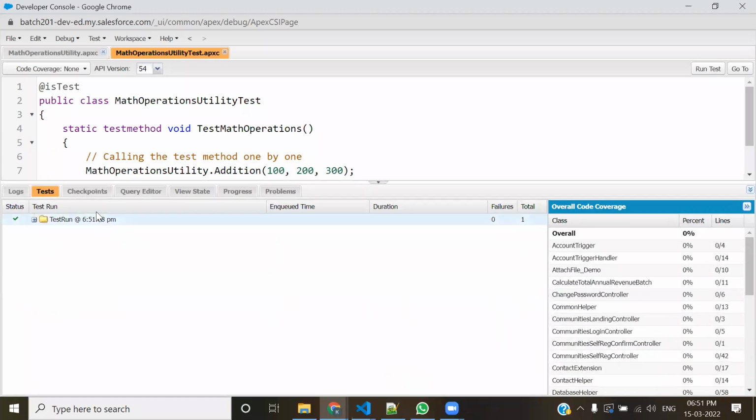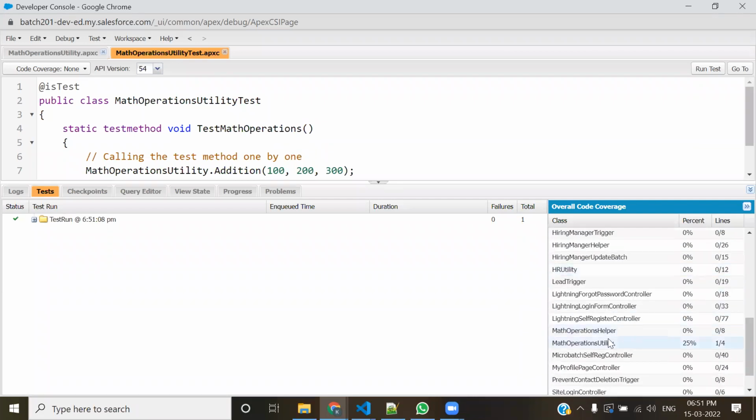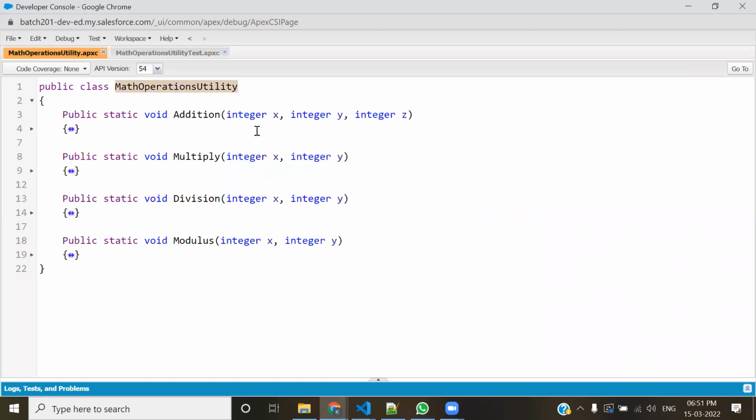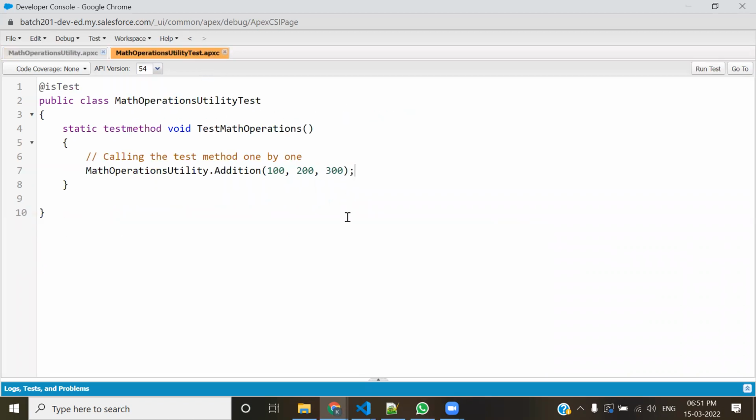आपका सक्सेसफुली, तो गो टू दैट क्लास, कौन सी क्लास थी अपनी, क्लास नेम वाज मैथ्स ऑपरेशन यूटिलिटी. देखो एक मेथड कवर हो गई, आपको कितना कवरेज मिल गया, 25%, आउट ऑफ फोर वन मेथड हैज बीन कवर्ड, 25% कवरेज आ रहा है, ठीक है. व्हाट यू आर डूइंग, यू आर सिंपली सप्लाइंग ये जो अपने यहाँ पे पैरामीटर्स हैं ना, उनको आप वैल्यू सप्लाई कर रहे हो, बस और कुछ नहीं. अब ये चेक करने के लिए कि वो सही हुआ कि नहीं, 100+, ये 600 रिजल्ट आया कि नहीं आया, उसका दूसरा तरीका है सिस्टम डॉट असर्ट, वो मैं कल सिखाने वाला हूँ, अभी स्टेप बाय स्टेप लेके जा रहा हूँ, कल बताऊंगा कि जैसे अपन ने ये एडिशन मेथड को ये तीन नंबर दिए, 100, 200 एंड 300, तो